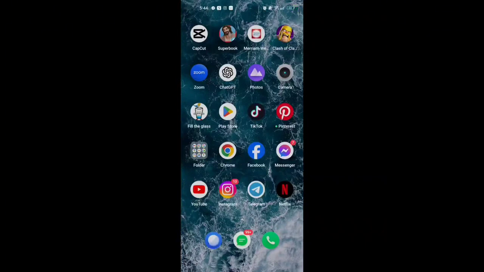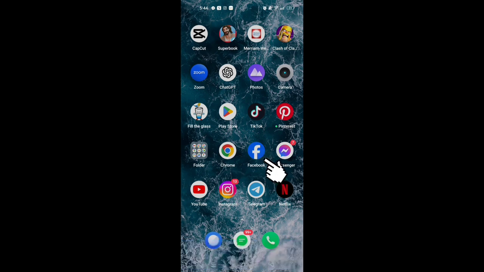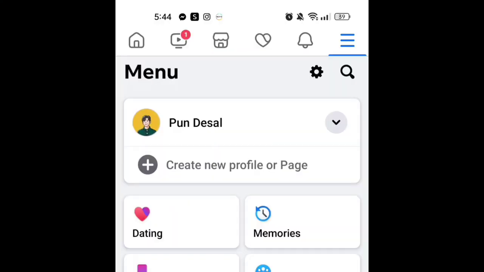In this video, you will learn how to fix your Facebook Marketplace isn't available to you. First thing that you should do is open your Facebook application and log in to your Facebook account. Then right here, you just have to click on the three horizontal lines at the top right hand corner of your screen, and then just click on the gear icon or the settings, and then you'd be able to